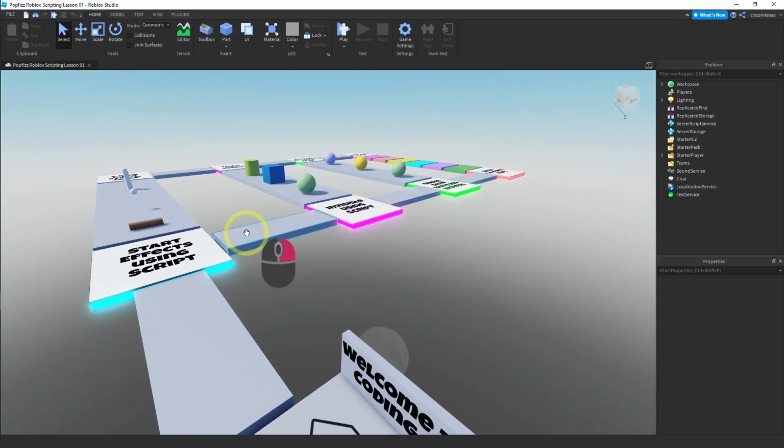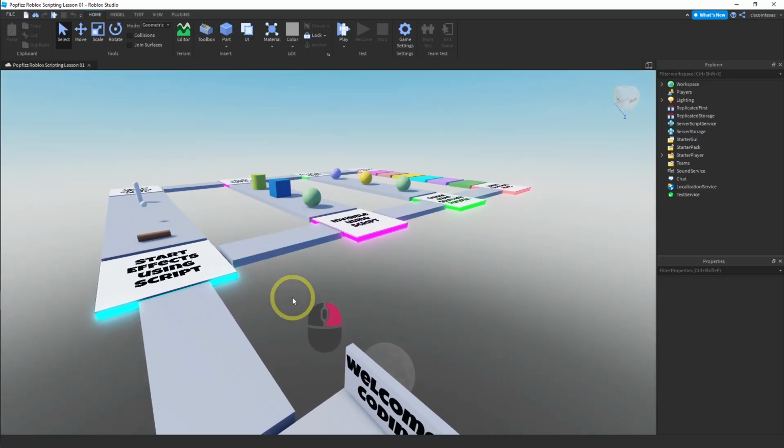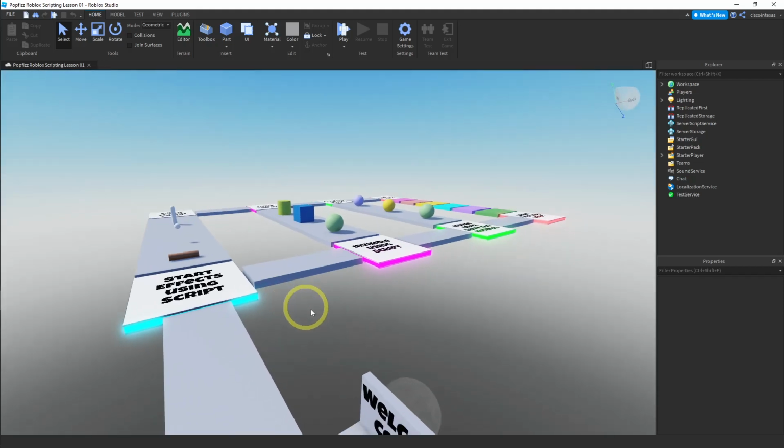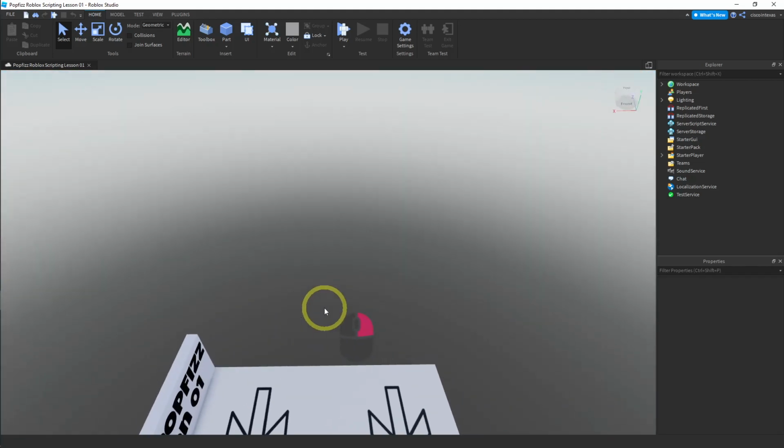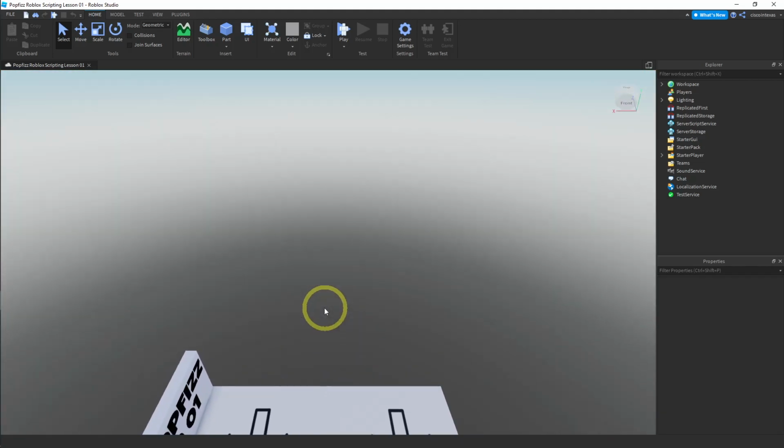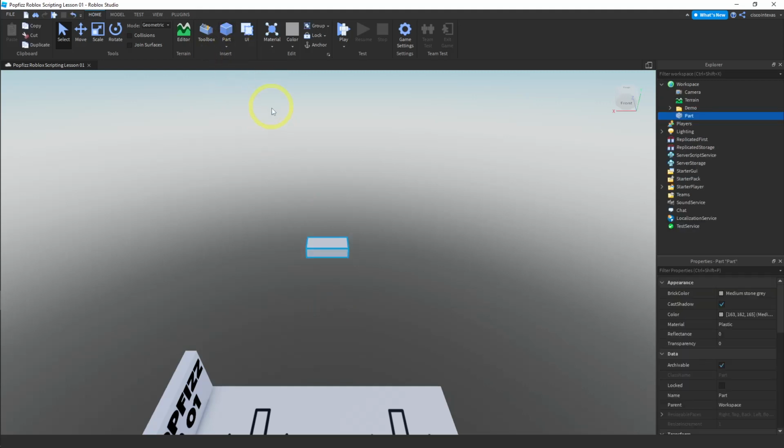Okay, so here is the Roblox file that I used to create the demo. And what we're going to do is I'm just going to turn around here and recreate some of these over here. Okay, so the first thing we're going to need is a part that we're going to change the properties of. And so let me build a platform first. So I'm just going to place a block here, rename it to